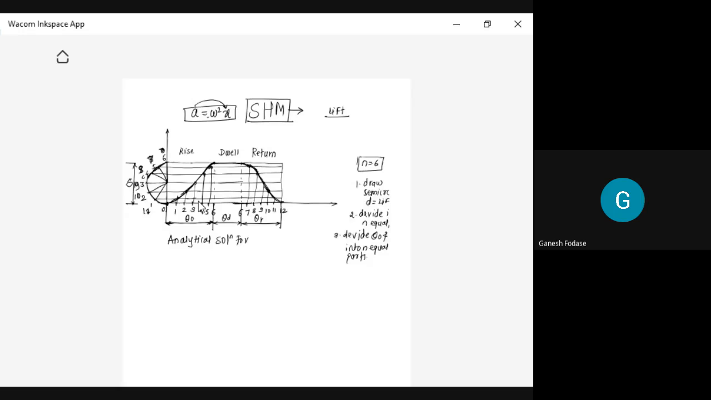for calculation or determination of displacement, velocity, acceleration, and jerk of the follower having SHM. So we are finding this when this follower is having simple harmonic motion. Now let's consider